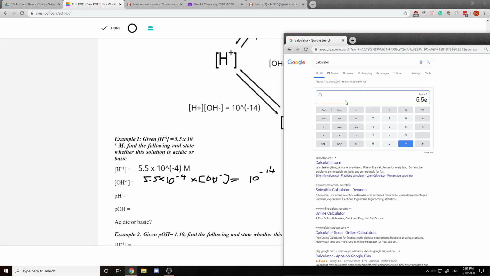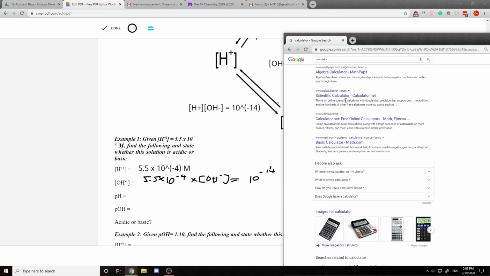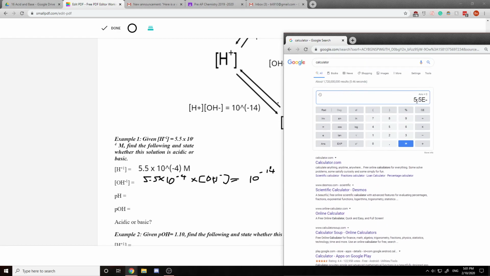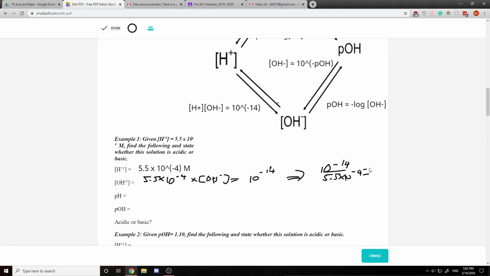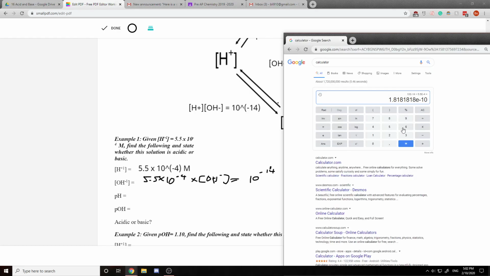5.5 E. Again, the E just means times 10 to the negative 4. And we want to divide. Okay, I guess we got to type in 10 E negative 14 divided by 5.5 E negative 4. So that gives us 1.8 times 10 to the negative 10. So our OH concentration is 1.8 times 10 to negative 10